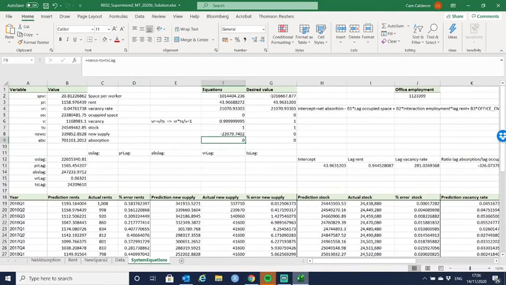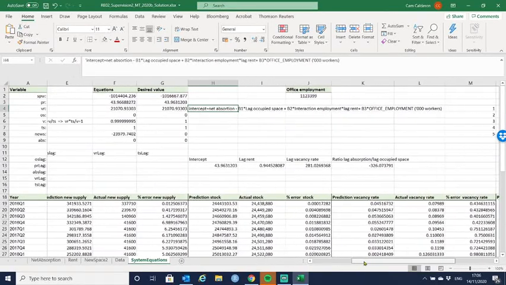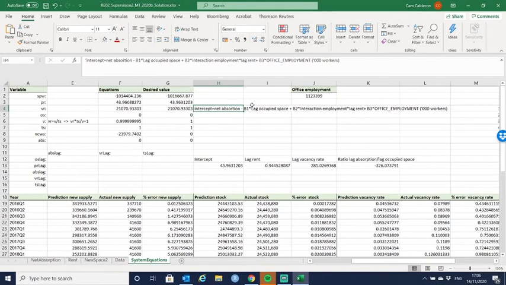We have here, first of all, a set of equations. The first equation is the regression equation for net absorption. You can see that it is absorption, the first line here. I have previously changed the equation in this fashion. As you can see, I passed the intercept to the left hand side of the equation, and therefore the specification of the model